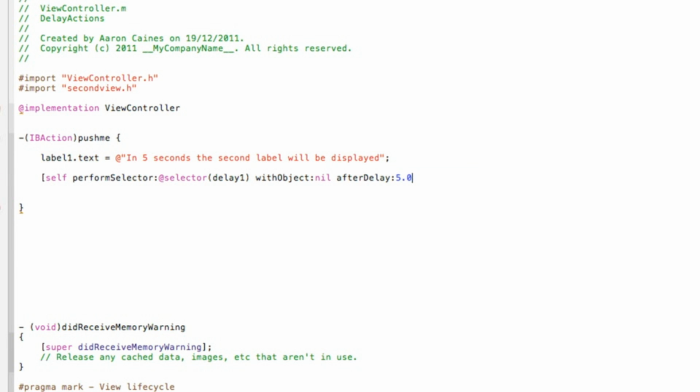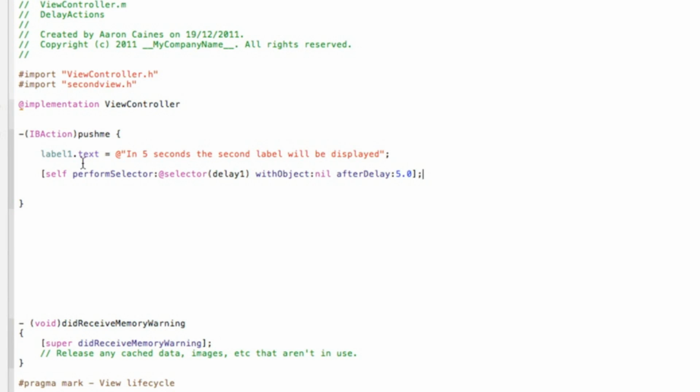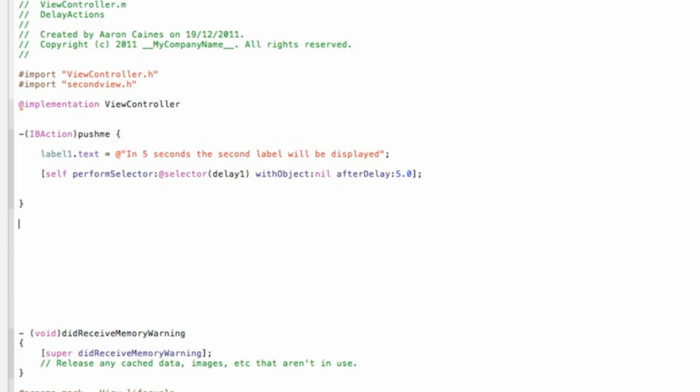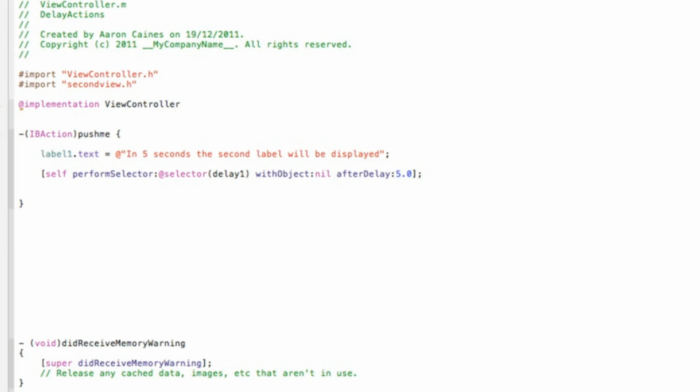You can change it to whatever you want, like 1 second, 10 seconds or a minute. It's entirely up to you how you do it. But yeah, then we do a bracket and a semicolon. Now when we hit that button, our label will display this text, and it will also activate our first delay after 5 seconds. So now if we do the coding for our first delay, which we do dash bracket void